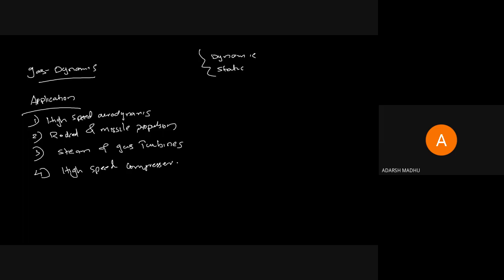So look here, the four applications mainly refer to the flow of fluid through small nozzle-like pipes or very small area flow. High speed aerodynamics, rocket and missile propulsion, steam and gas turbines, and high speed compressors all deal with the flow of fluid, or flow of a particular matter, through a very small area to increase